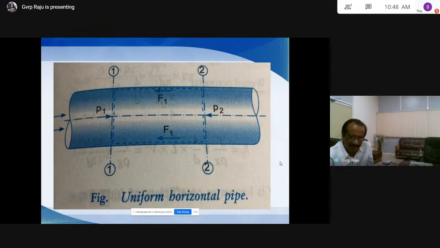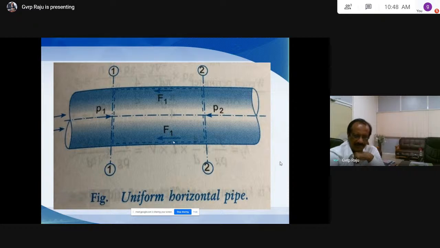Because of the friction between the pipe material and the water, there will always be friction, which opposes the movement of forward flow. For example, you see here, this is the friction force, and the flow is moving towards this direction. When this is moving here, friction is opposing the flow here, and this friction is due to the